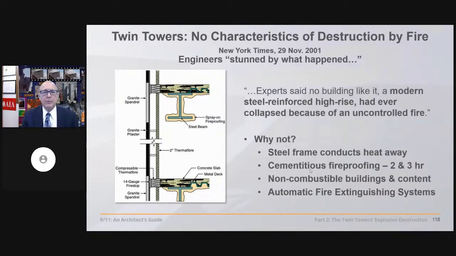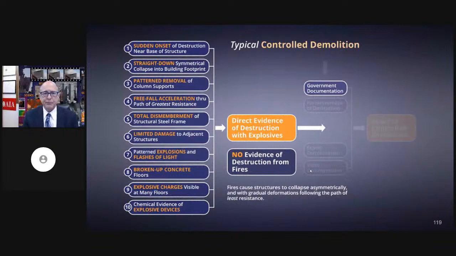And the sprinklers were compromised, as we're told, because of the collapse of the towers damaging the sprinkler mains. So we're told that contributed to the problem. But that's not a part of our argument today. We're looking at features of controlled demolition. And there's circumstantial and corroborative evidence that can be helpful.